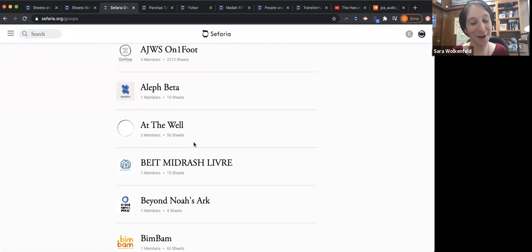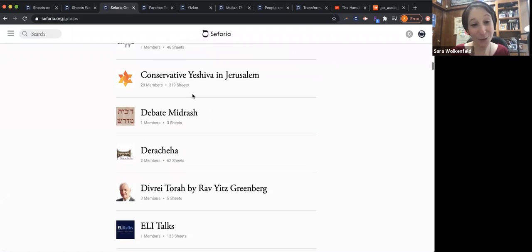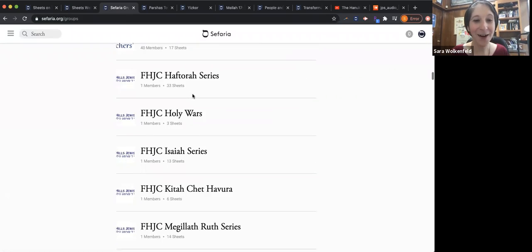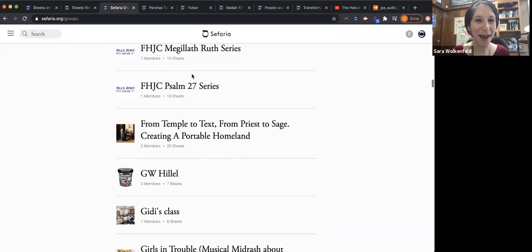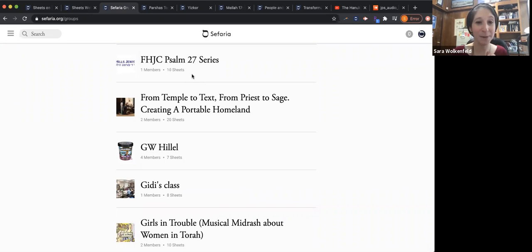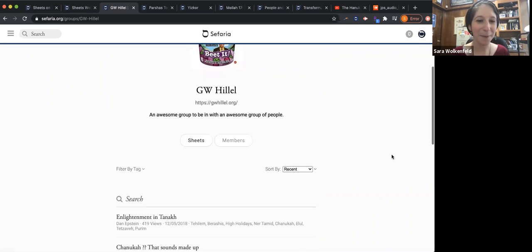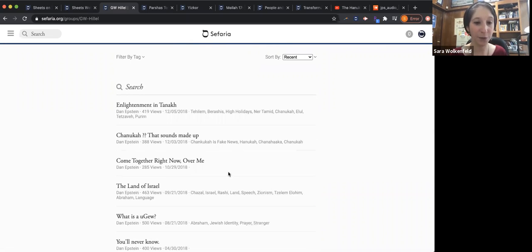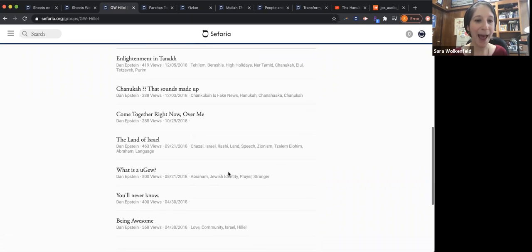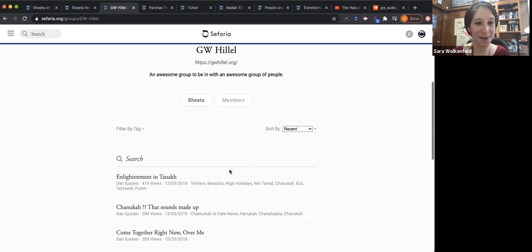And you can see they're from a very diverse range of organizations, schools, individuals who just wanted to group their sheets together. I don't even know what some of these are. They're new. That's fun. And it can be your entire organization, or it can be a single class. So for example, this is GW Hillel. I don't think it's every sheet they've ever made, but these are sheets that were made by their senior Jewish educator for their Hillel. And it's a space where anyone can go and see the Torah that's being put out by this organization.